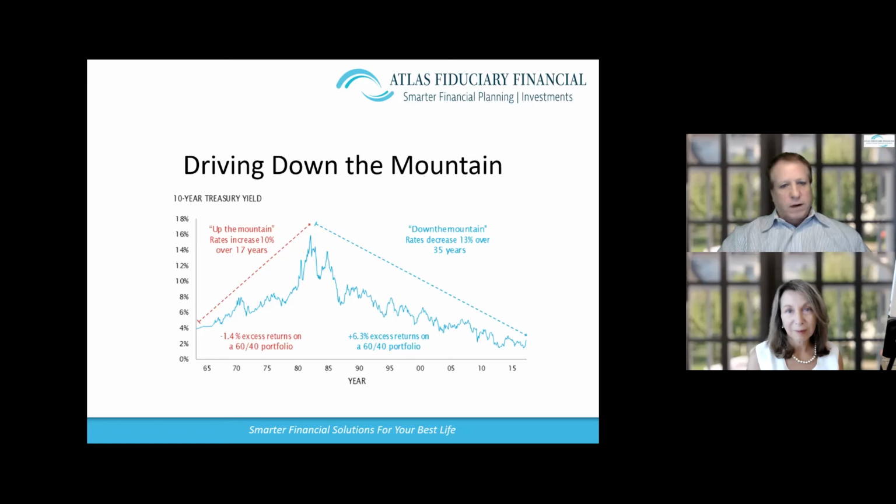And anybody here old enough to recall may remember how high interest rates were in the early 80s. I remember getting a money market fund that paid 19%. But what happened since the 1980s, we've seen rates gradually decline to the level we're at now. And so bonds returned a lot because rates have declined and also because of the yield they were paying. But now it's so low. The prediction is we're going to be lucky we see a couple percent from bonds for the next 10 years,